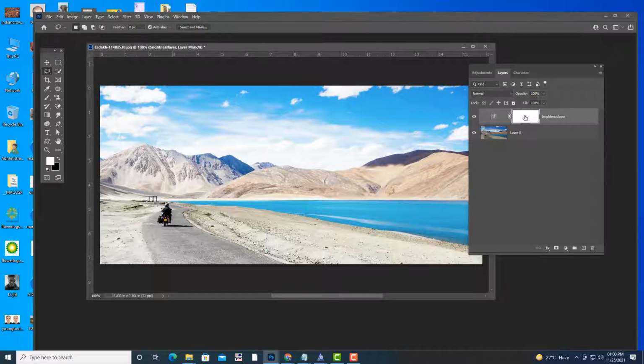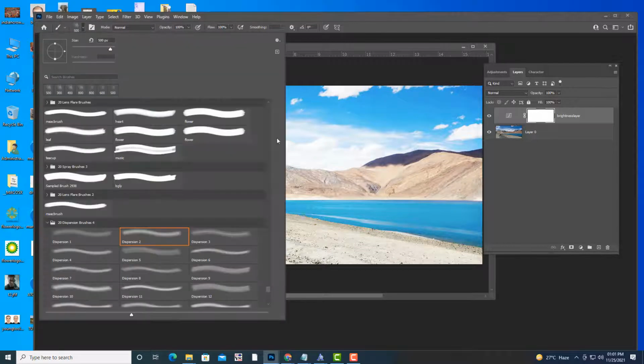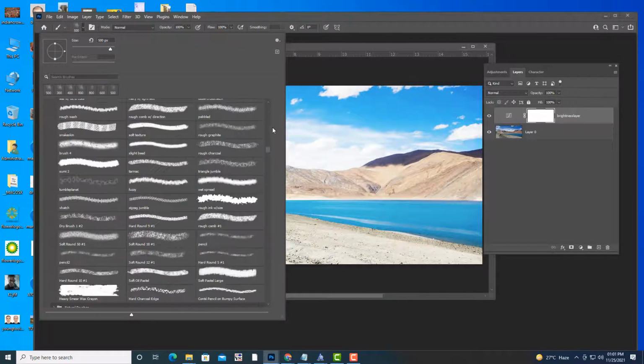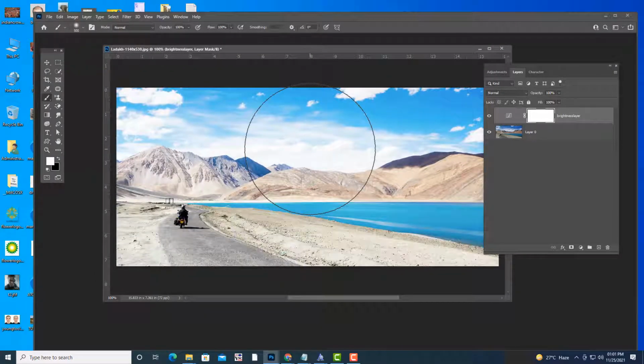Select the thumbnail, take a brush. Which brush will we take? Soft round. I want to remove the curves effect from the road. So which color do we have to take? Black.